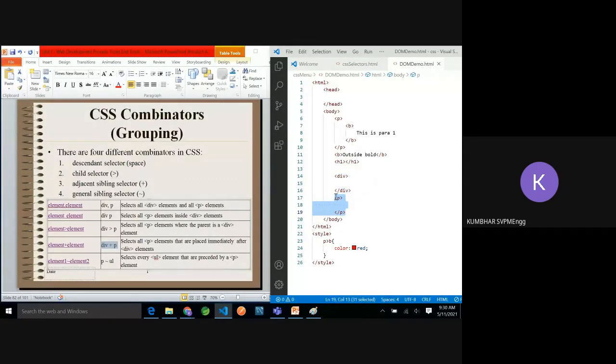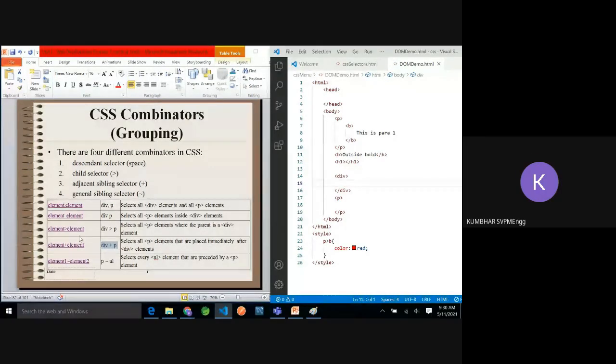For div, the adjacent sibling is this paragraph. This other paragraph, even though it is a sibling, is not an adjacent sibling. So whenever you define any style like div plus P, that will be applied for this P. Give me a reply if you understand this sibling element selector. Yes, sir. Great, thank you.